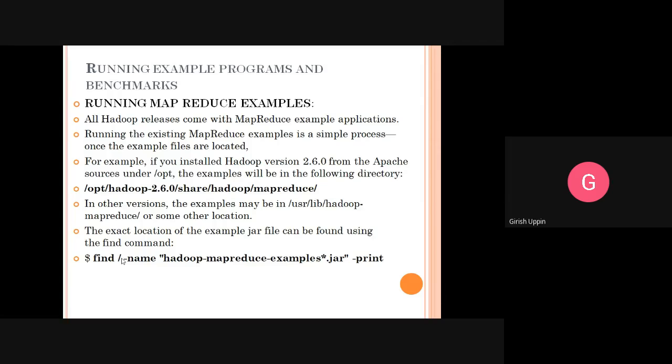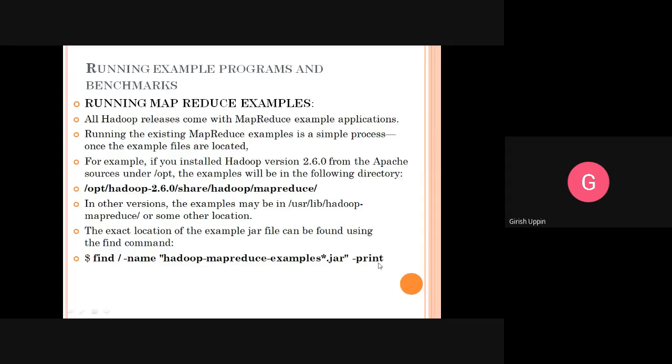We want to search the complete file system, and what we want to search you specify with hyphen name. Then inside double quotes you give the key that needs to be searched. Here I am giving hadoop-mapreduce-examples, then an asterisk, so after examples there can be anything, I don't really care. Then .jar at the end, then hyphen print.